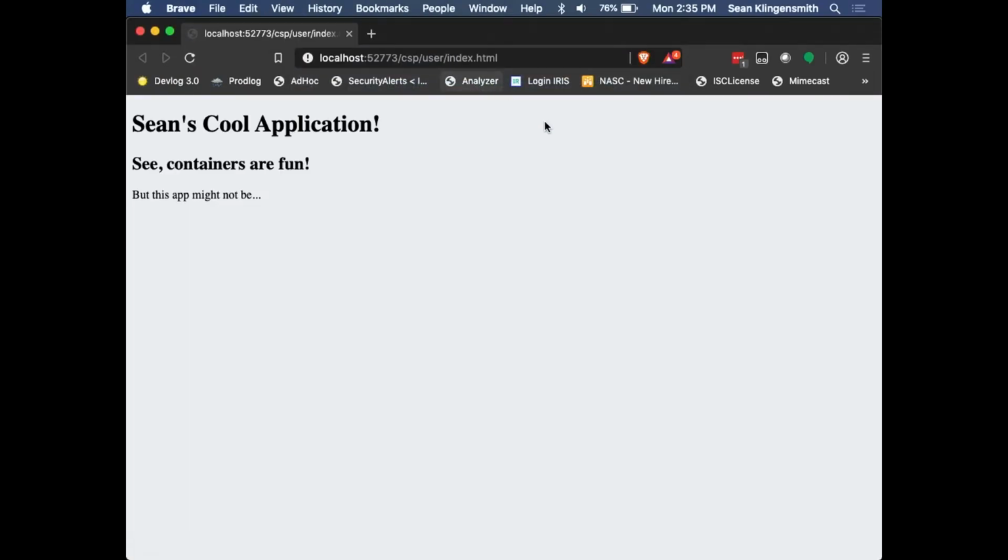And hey, there we go. Here's our cool application. So maybe this is about as exciting as it looks. We just loaded an HTML file. What's so great about it? Well, it's in a container, but